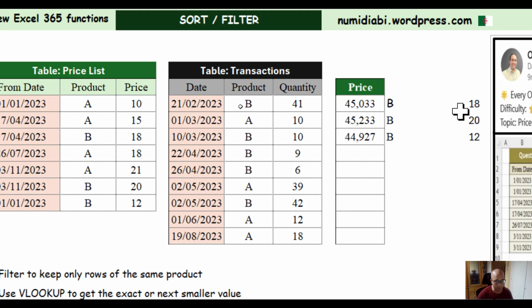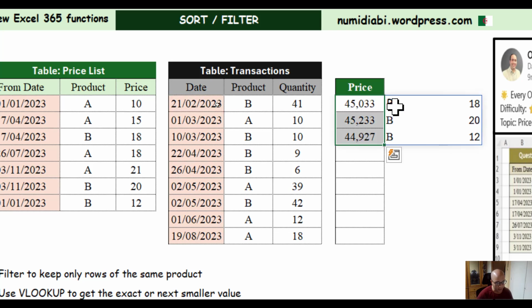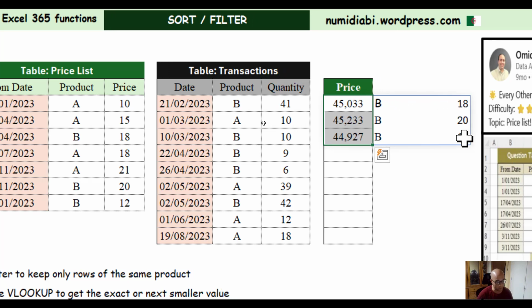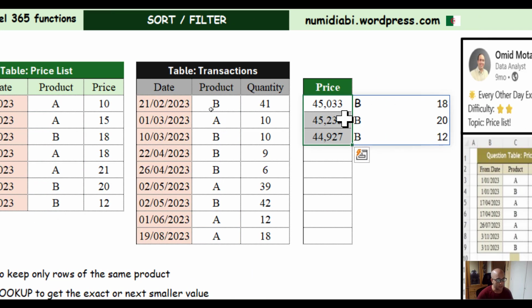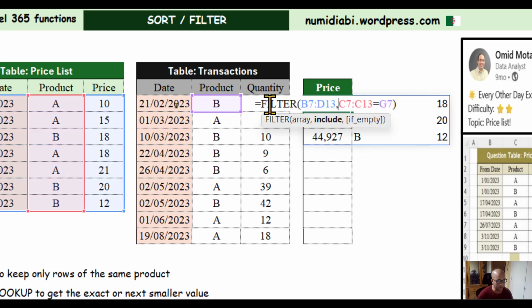And now we need to determine the price of B on this date. So I can just look up this date in the first column, then get the result from the third column. And here we can see that our dates are not sorted, because the dates are not sorted: 17 April, 3rd November, then the 1st of January of the same year. So here I will use VLOOKUP,